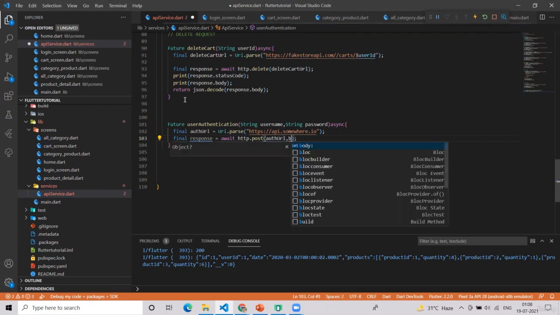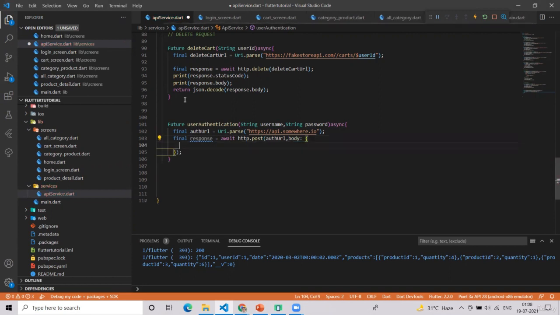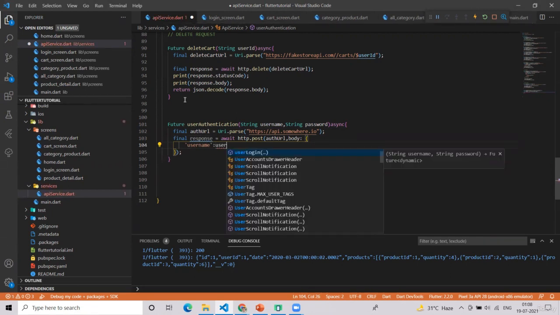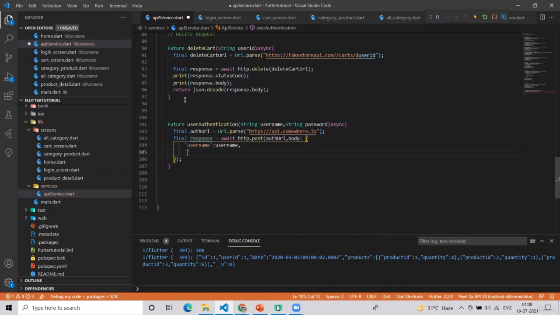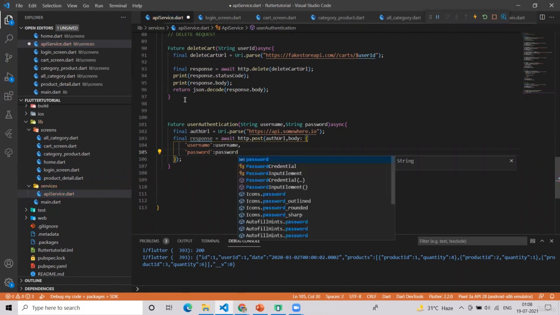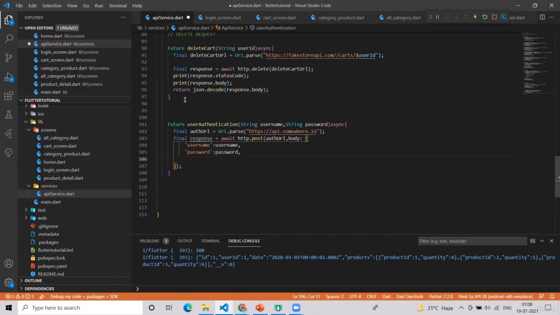And now in the body I will simply use this username and password, like this. And after that, as always, you can print the response.